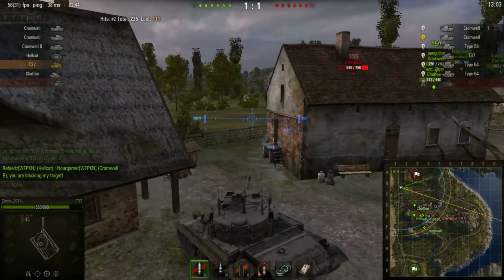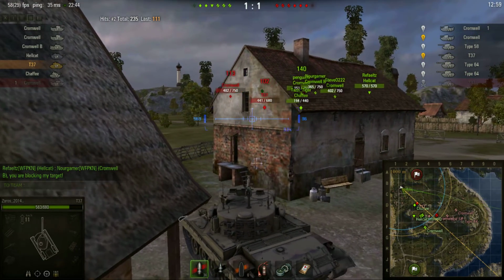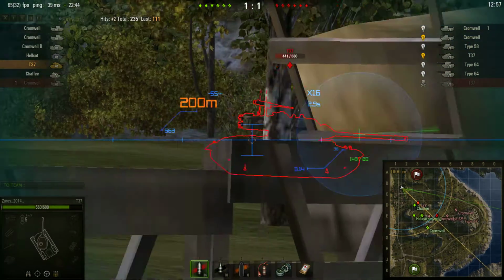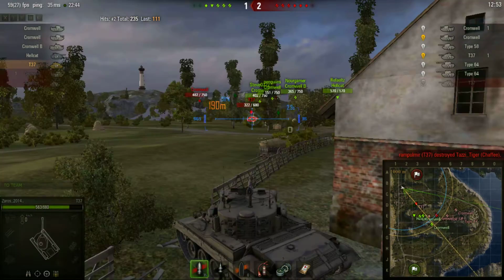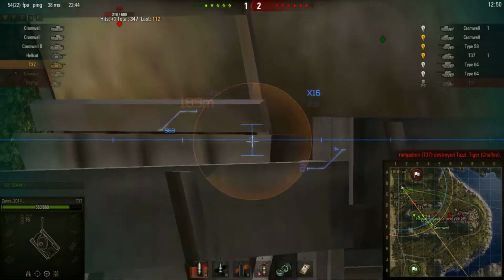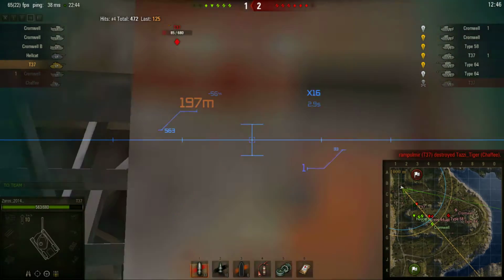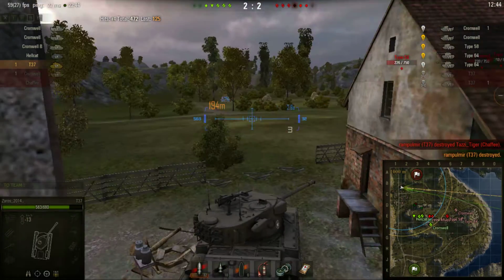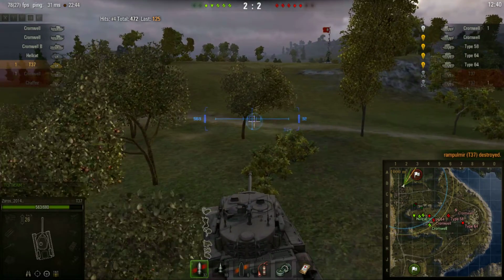Now you'll notice that the enemy T-37 has come down off the hill and is now attacking the Chaffee. I make a bit of a pig's ear and get stuck, and then miss my first shot. But I managed to start putting shells in. Now that was a bit of a miscommunication between me and the Chaffee. I perhaps should have told him a little bit more of how to do this,